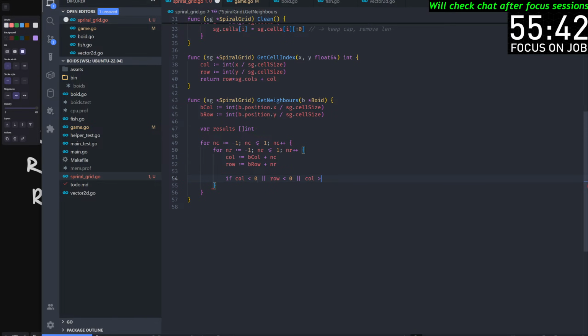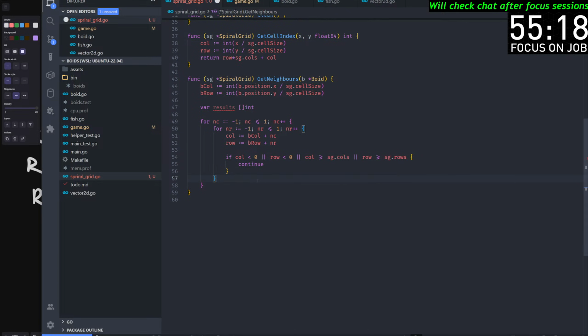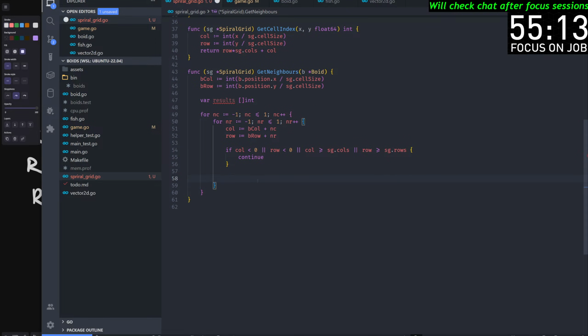Or if column is greater or equals the number of columns, or row greater or equal 3 rows, right? Then we do nothing. Then we are outside of the screen. Otherwise,